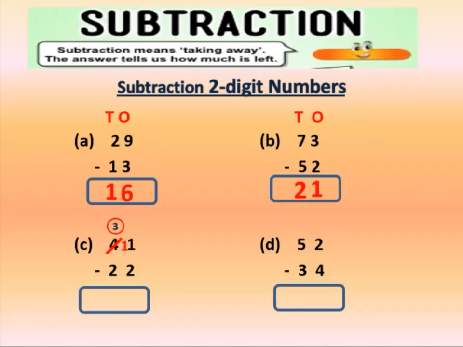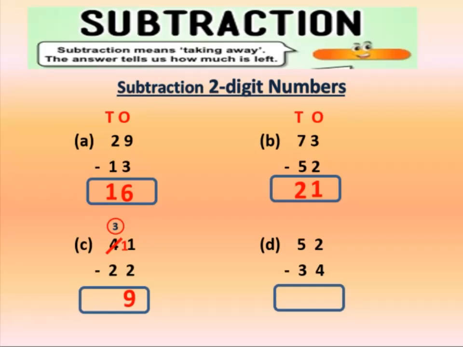Now we have 11 on the ones place and we have to subtract 2 from it. So I will keep in mind the number 2 and I will count till 11 and open the fingers with my counting. After 2, 3, 4, 5, 6, 7, 8, 9, 10, 11. So how many fingers did you get? Yes, 9.